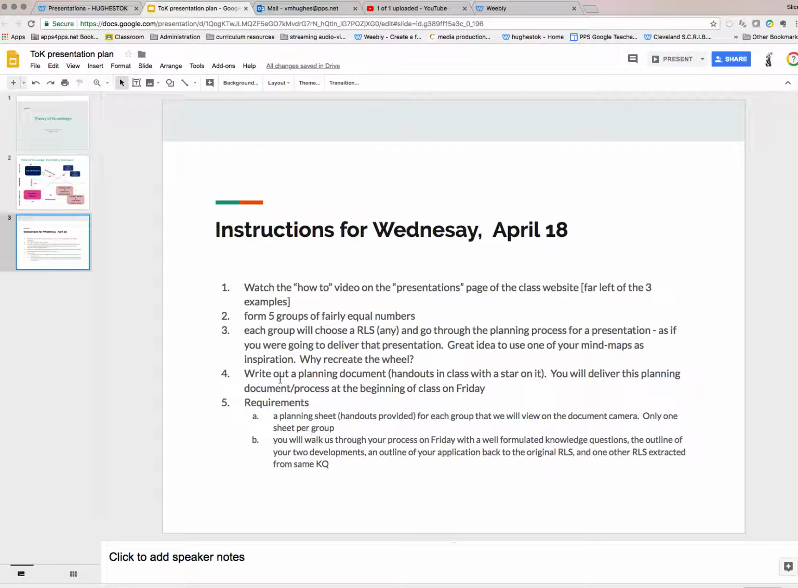For each group, we'll have one planning document, and you're going to deliver this at the beginning of class on Friday. So as a class, we will walk through the planning process of each group as a learning exercise because you're practicing this process. There's your requirements. Remember, embrace the chaos and certainly ask questions of Mr. Scholes. I'm sure he'll be able to give you some advice about